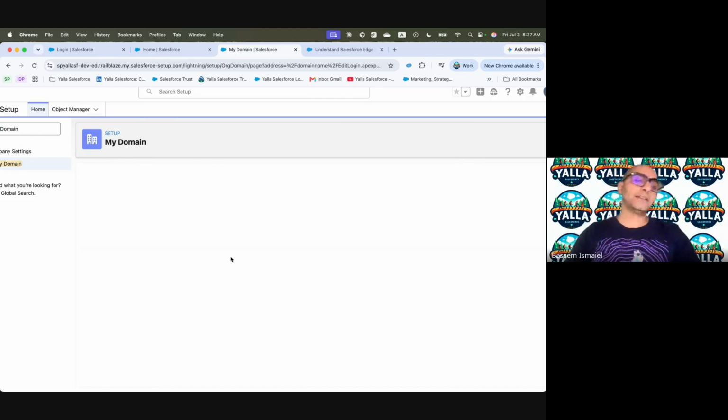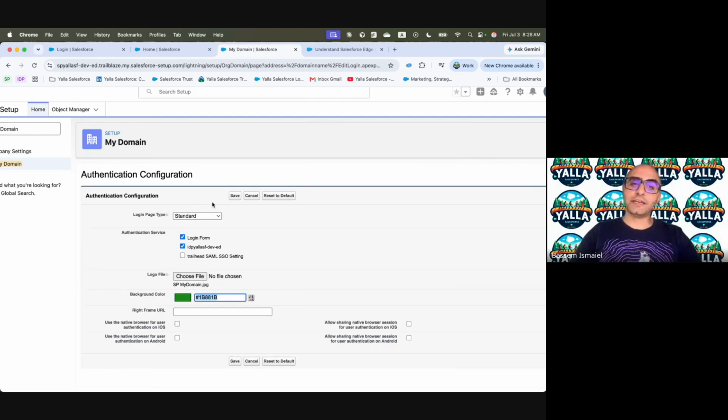So in here, when I hit edit, you have an option to say, I am using the login form, which is the username and password. I have an option as well. If I configured an SSO for this org, I need to have the option to say, use this SSO in order to be able to log in. That's why we had this button, which we said, when you hit that button, it's going to take you to the service provider. Without having this checkbox, you will not be able to see the button.